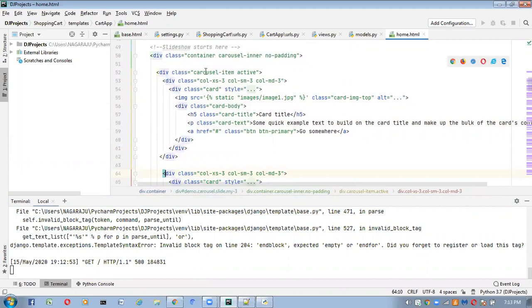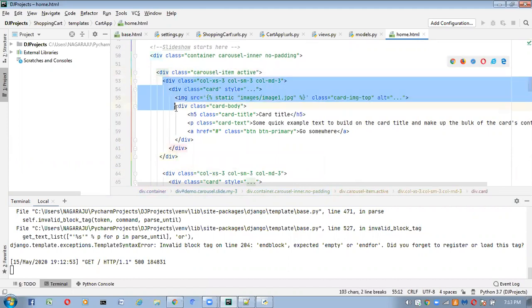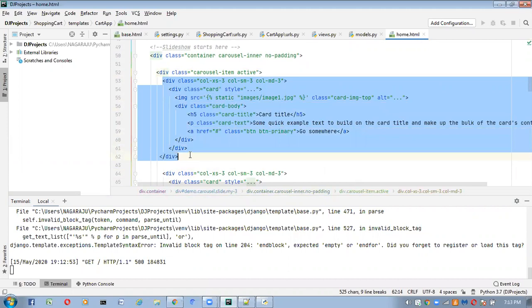Here this one will talk about the carousel item. Carousel item means products here. Inside the carousel item, see the div class, this is the item. This part up to here will talk about the product, the cart, everything about the product. At least one product must be required, we have to show at least one product. So this one I'm taking as it is, not changing anything.